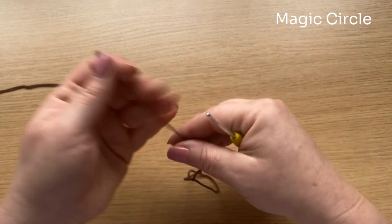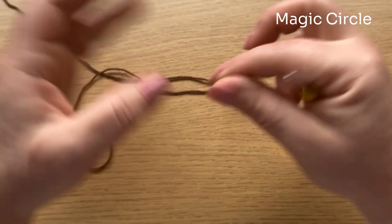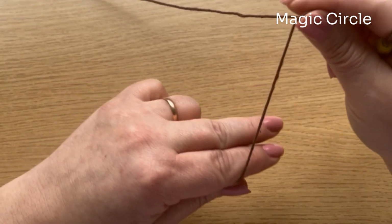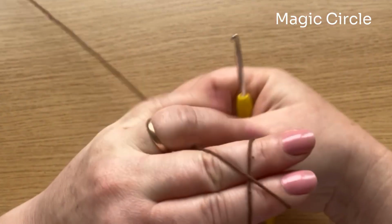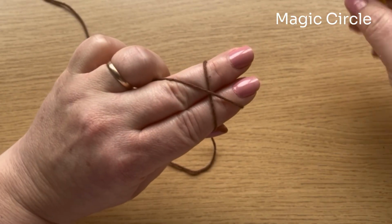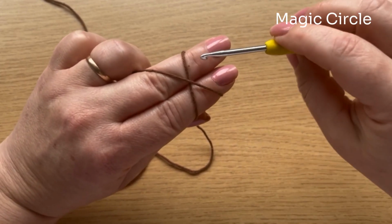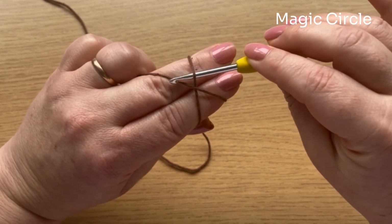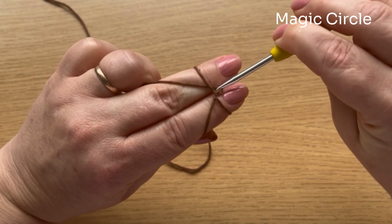We'll start with the magic circle. For the magic circle we'll use the coffee bean brown. To make a magic circle, we wrap the yarn around 2 fingers, forming the letter X, like this. Grab your hook and place it underneath the bottom yarn, and then over the top yarn, pull it,